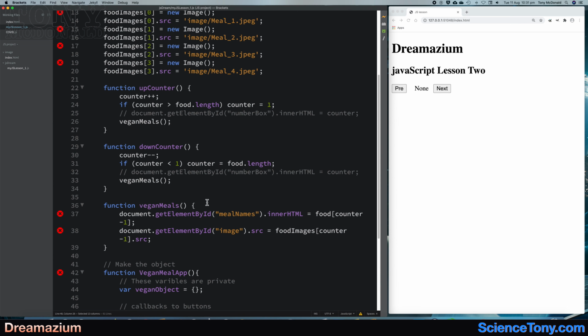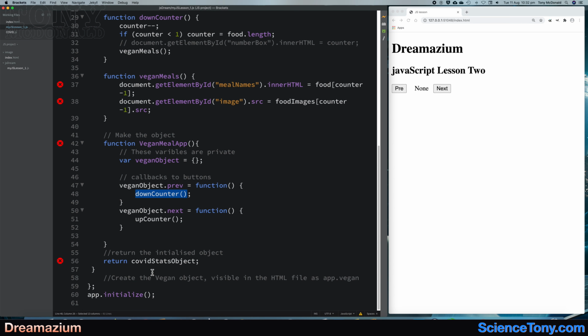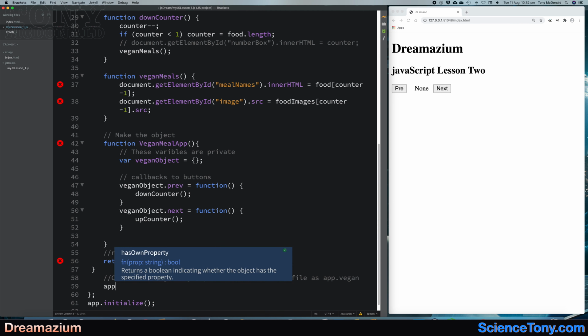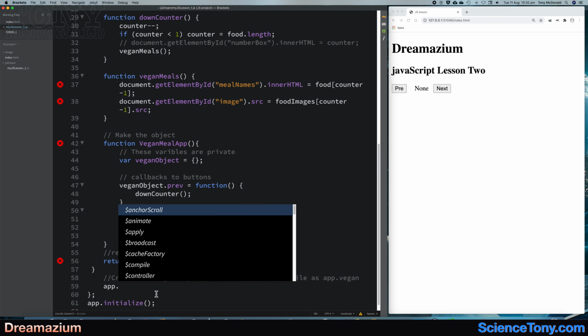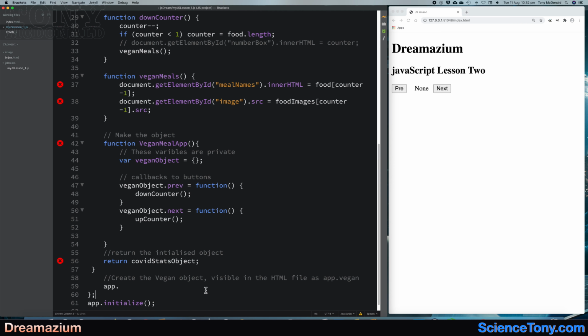So let's save that. Now we need to make some changes here. There's a few things that we need to do here because this hasn't been completed. We've got create the vegan object visible in the HTML files as app.vegan. So app.vegan is going to be in that HTML file, but there's still something that we need to do down here. And that's to create it. So we're going to have app dot, and we're going to call it,